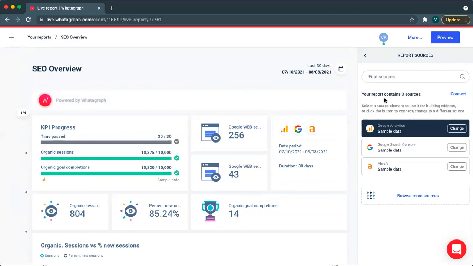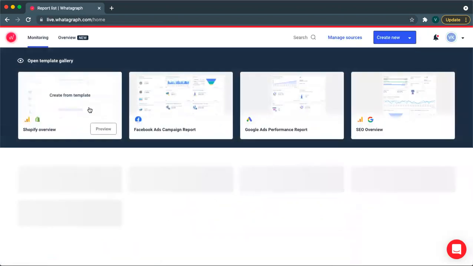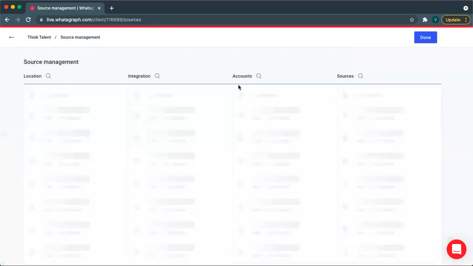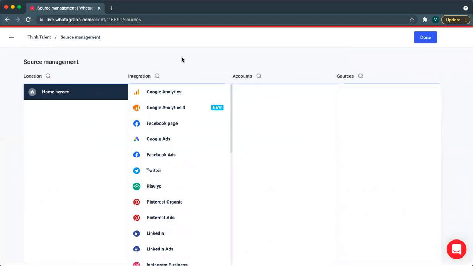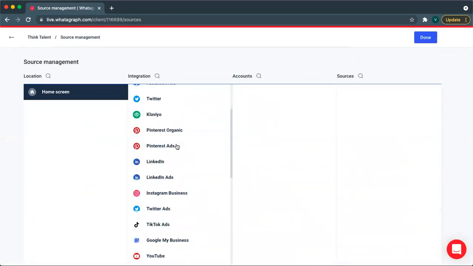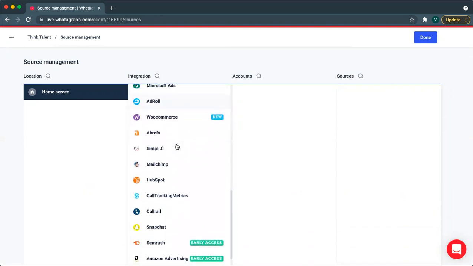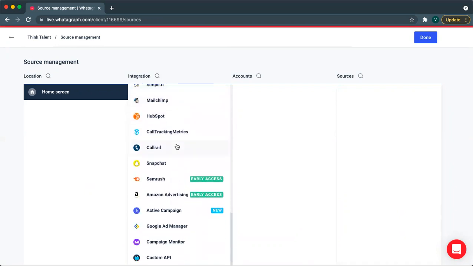A general thing that is common across all 4 templates is we can connect our various accounts, and then of course that is how we integrate the platforms, and the data will automatically be fetched from those platforms. Also, what we can do here is we can manage sources. So apart from Google Analytics, Facebook, and Shopify, if we have other platforms, they can also be integrated to the tool, and we can have a collective view.